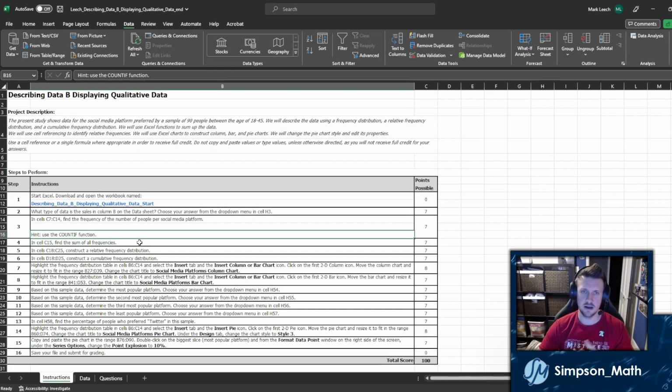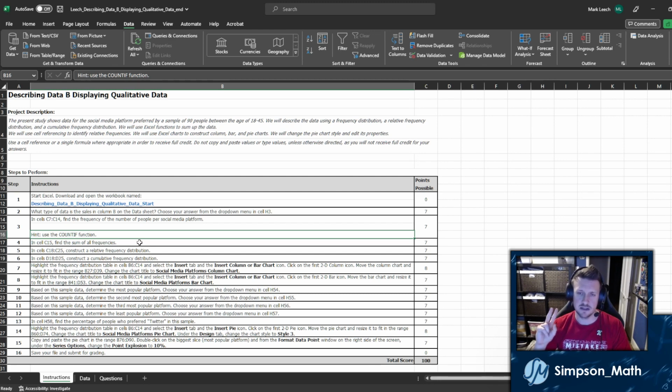Yes, Google Sheets and Apple Numbers have the same or very similar functionality. They all use the same functions, but the directions and some of the expectations might be a little bit off on some assignments. So make sure that you're doing this in Excel. Also, you have to submit it as an Excel file. If you try to submit it as Numbers, it will be angry. You could probably do most things in Sheets and Numbers, but if you do, make sure to save it